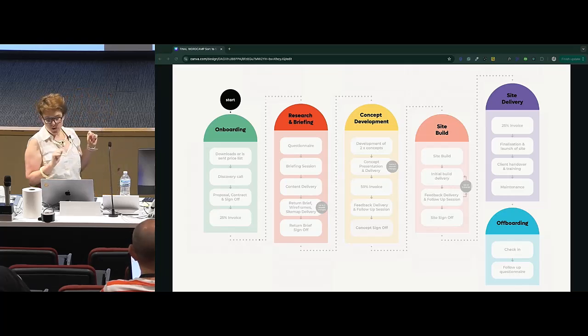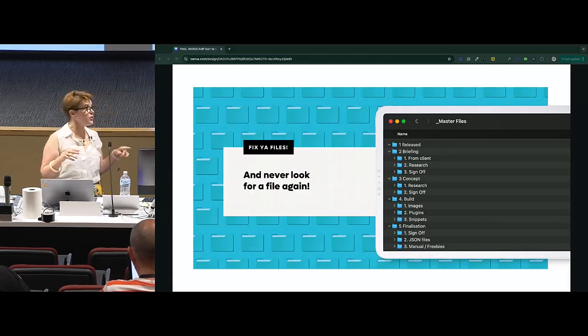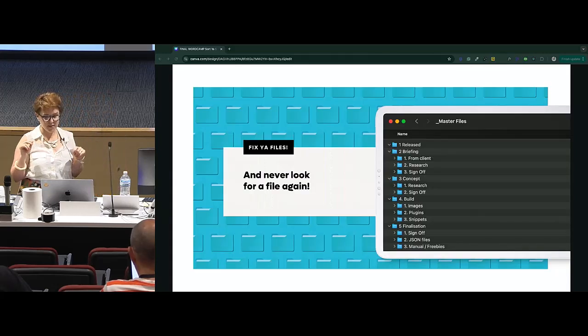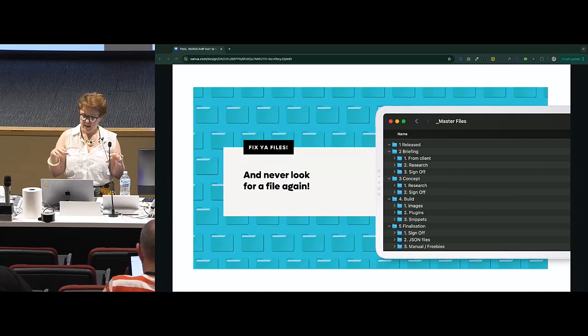So before we go any deeper, I just want you to have a look at these overarching phases because it's actually a really useful way to set up your filing system for your projects. If you structure your filing system by phases, it means you always know where your latest files are because you're always in your current phase of your project.